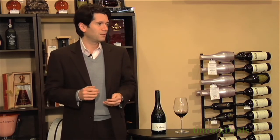I'm expecting this to be an interesting Chianti. I don't know why I would expect this to be an interesting Chianti. Oftentimes you allow a little bit of wiggle room. 85% of this wine comes from